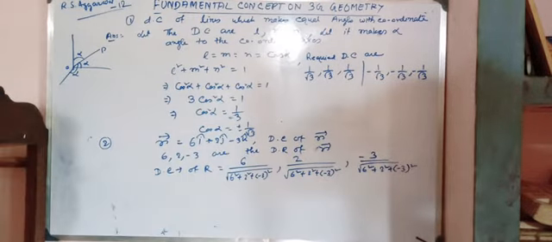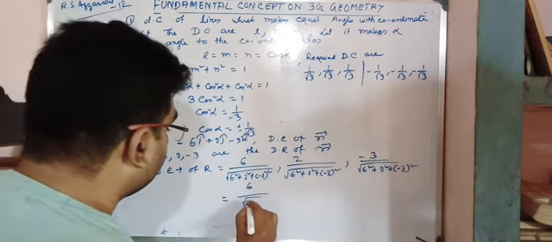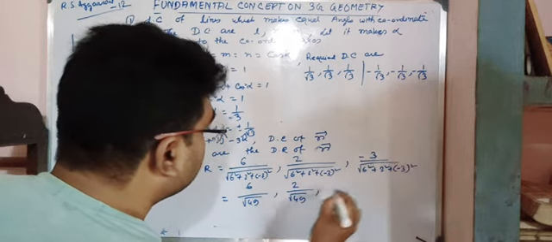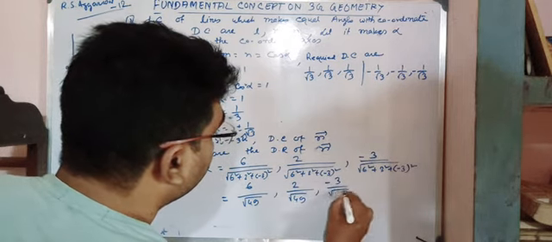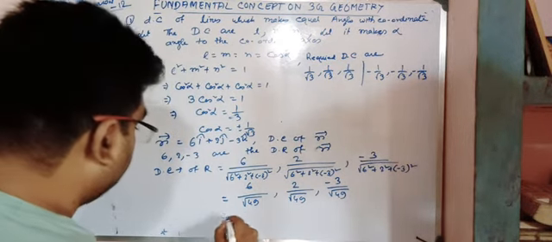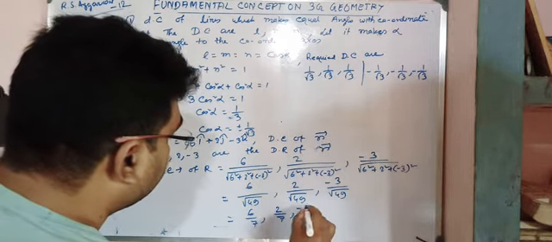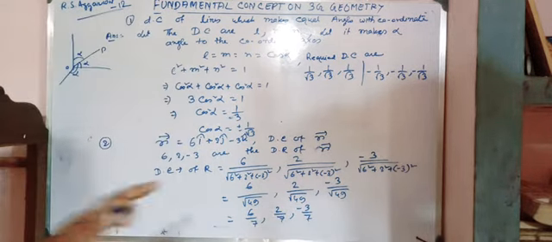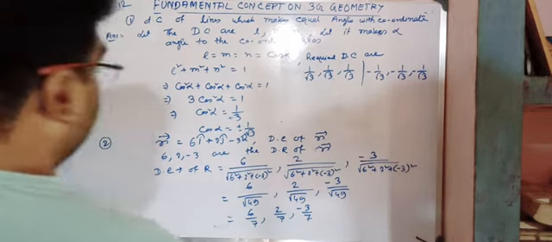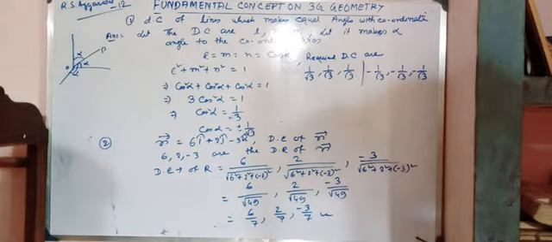Hope you all understand. Now if we calculate that, 6 divided by this is root over of 49, 2 divided by this is root over of 49, minus 3 divided by root over of 49. So that means 6 by 7, 2 by 7 and minus 3 by 7. So that is my required direction cosine of r. These are the required direction cosine of r.